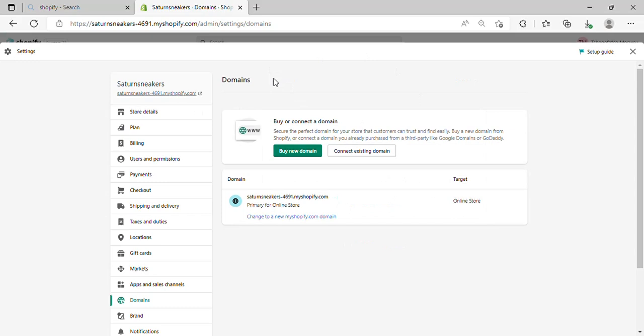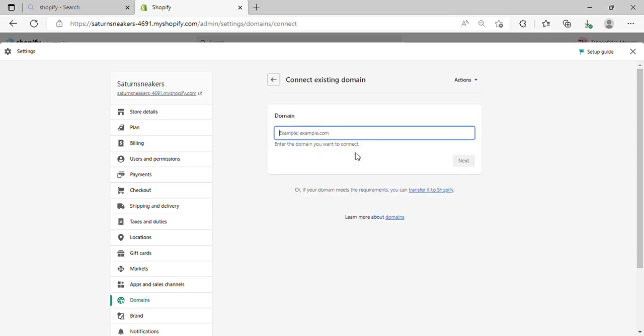But if you're like me and you usually buy it on GoDaddy or on a third party, as you can see here, GoDaddy. If you buy your domain on another website, you connect here and search the domain that you bought. But since I didn't buy the domain Saturn Sneakers, I think that's a pretty cool name. Please don't steal that name, even though this store's not real. So yeah, after buying your domain on maybe GoDaddy or anything like that, you'd enter it here, then click